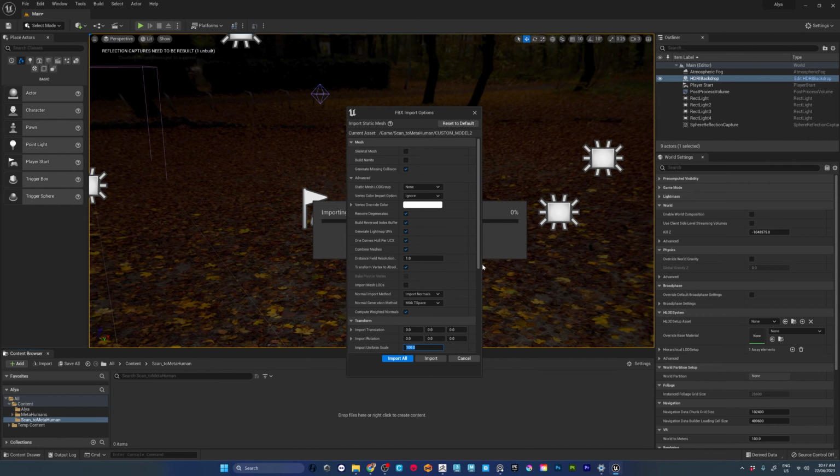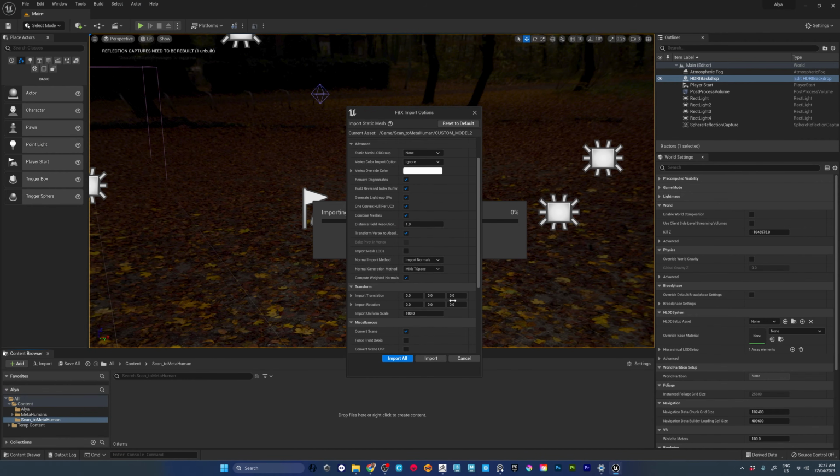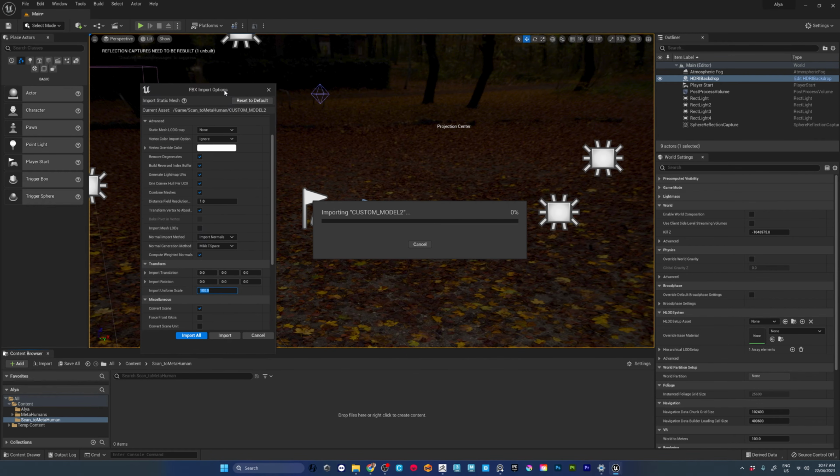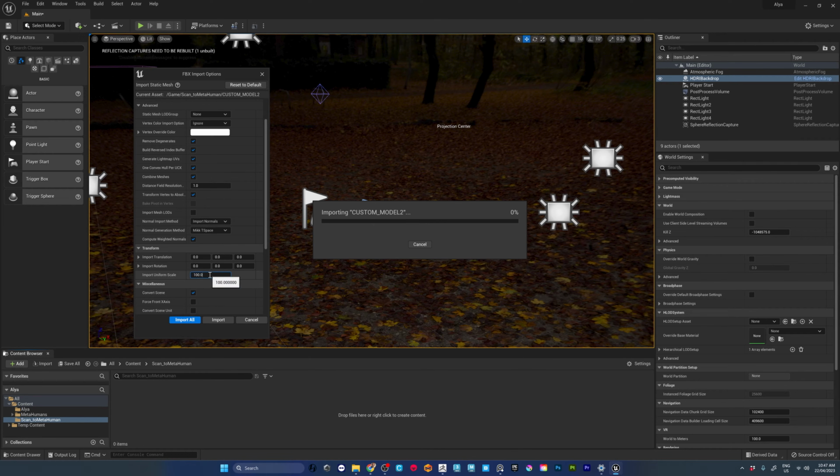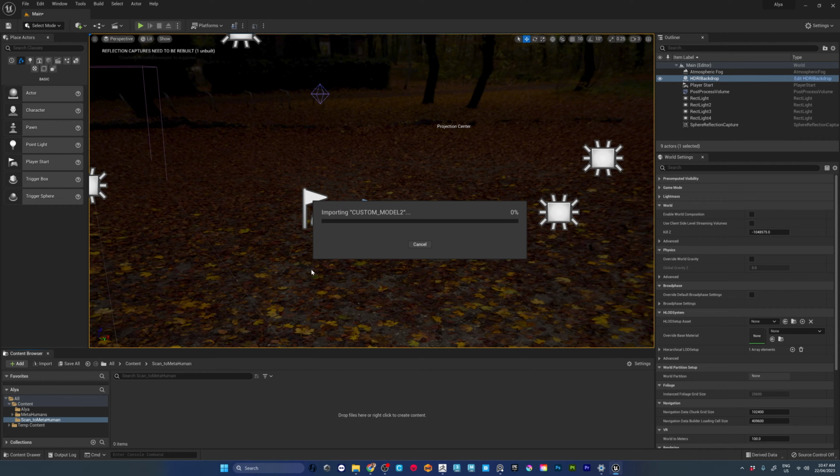I usually find that ZBrush and this 3D scan store size is a little bit different. If you have trouble importing, where it says that there's redundant polygons or degenerate meshes, I think is the error that comes up if you just go straight in, it's because this import uniform scale is probably set to 1. So I usually set this to 100, and that would come into the world size that I would think would be pretty accurate in here. So if you click import all,